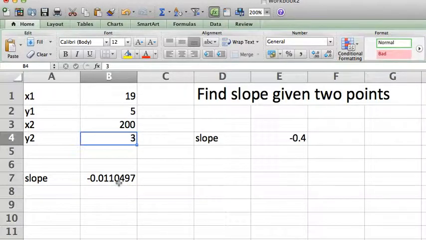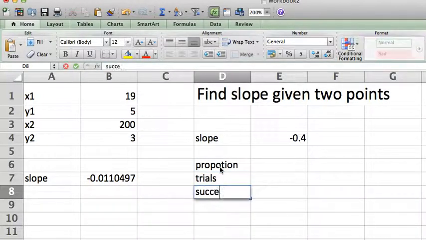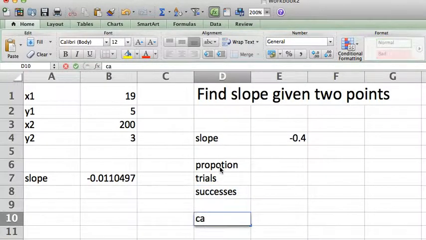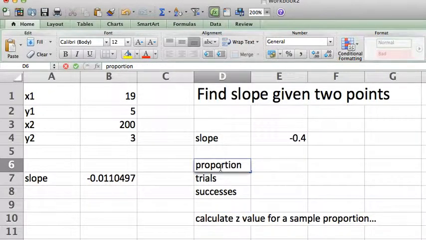That's going to be really helpful for you because what you could do is create something that, if you were given the known proportion and the number of trials and the number of successes, you could calculate the z-value for a proportion, for a sample proportion. And that's what you're doing on your homework. But it's going to use the same idea that we just looked at, which is just to